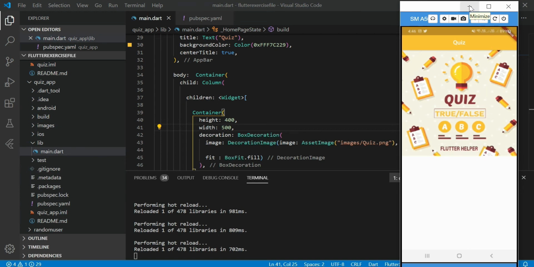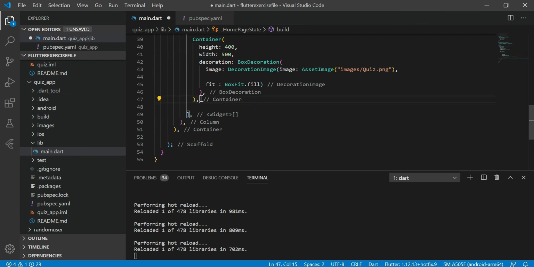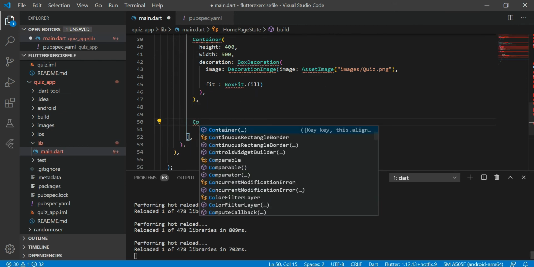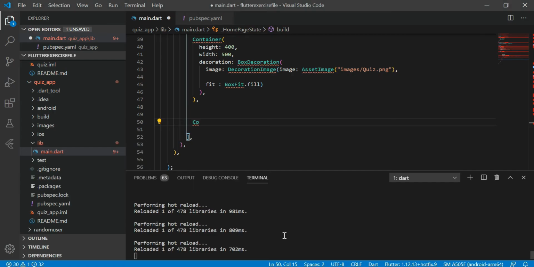Now let's add a box below this image. Now this is the box that I am talking about. For this we're going to use another container.